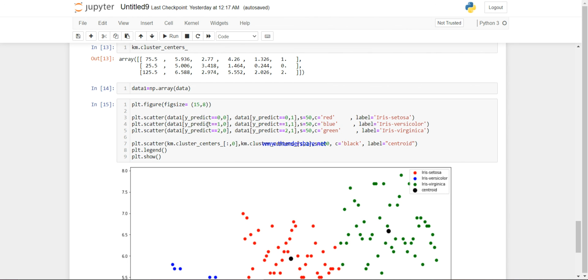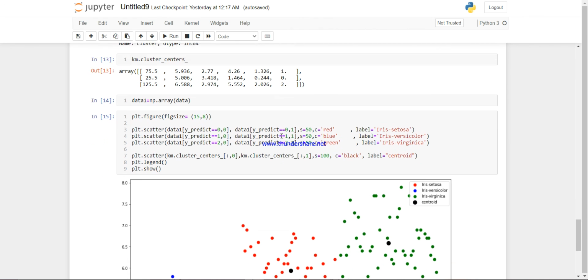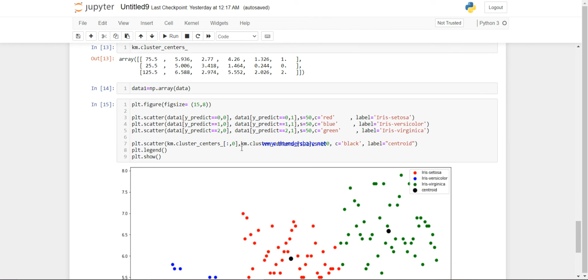Here we have three cluster points, so we run this for three and draw the scatter plot.